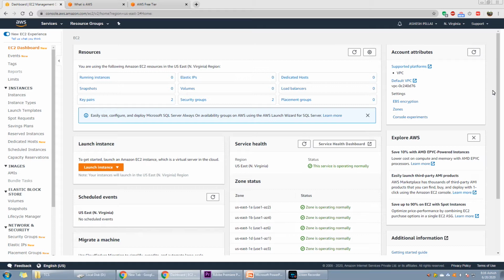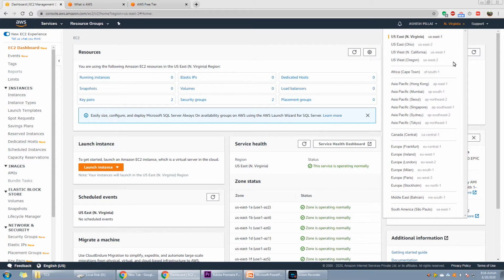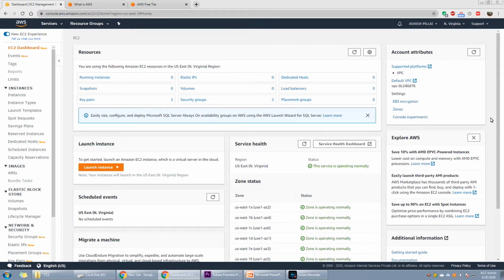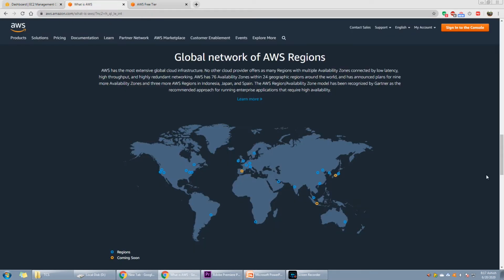Now before we proceed further, let me explain to you about the AWS regions. As you can see, there are multiple regions available here. AWS data centers are spread across multiple geographical locations. In this map, the AWS regions are geographically located at different places across the world, and each of these regions has multiple availability zones.